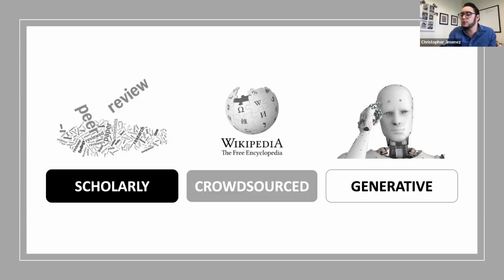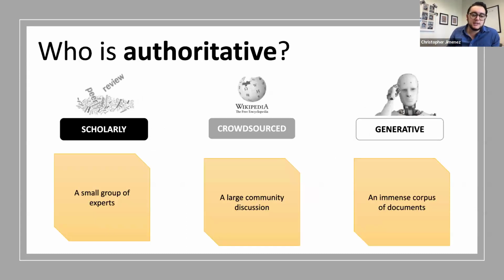So we're going to go ahead and use one of the ACRL frames. That's the Framework for Information Literacy. That's common. It's a standard in library and information science, to see where each of these ways of knowing, these sources of information, might fit in or respond to a given question. So if the question is, who's authoritative in a given topic? The scholarly material might say a small group of experts is who's authoritative, this very small